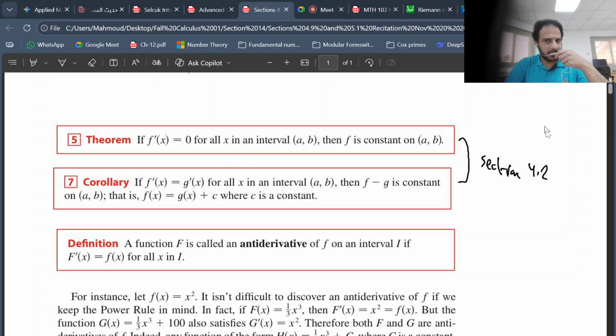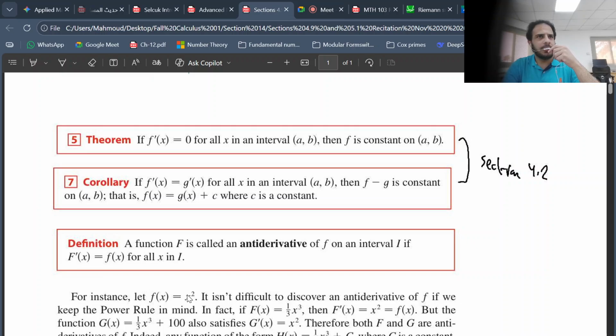These two from section 4.2, from the mean value theorem, are the reason why we add c for the antiderivative. Here is the definition of an antiderivative. A function capital F is called an antiderivative of small f on an interval I if F prime of x equals f of x for all x in I. Good? For example, if you have f of x equals x squared,